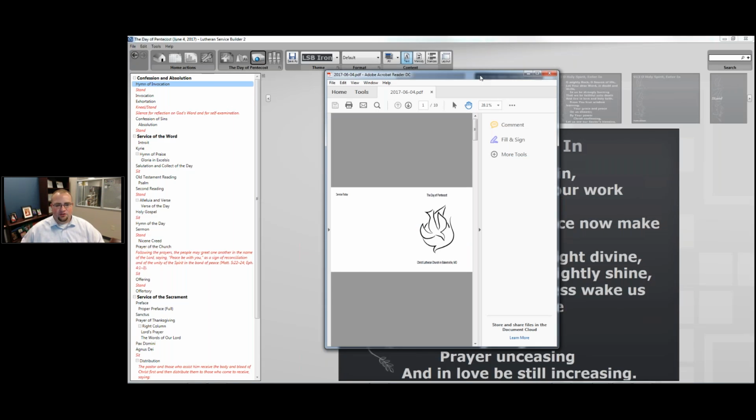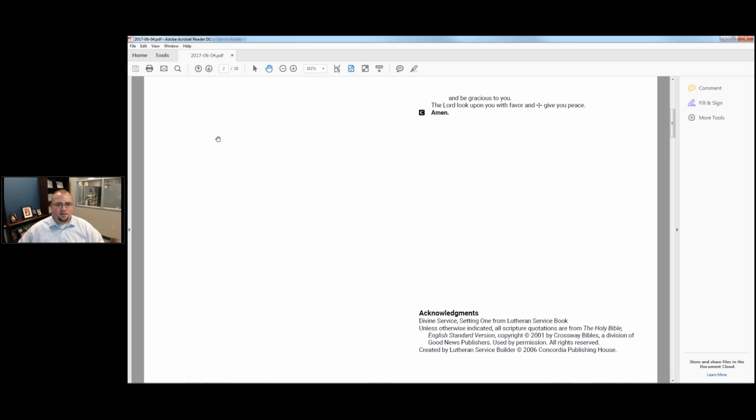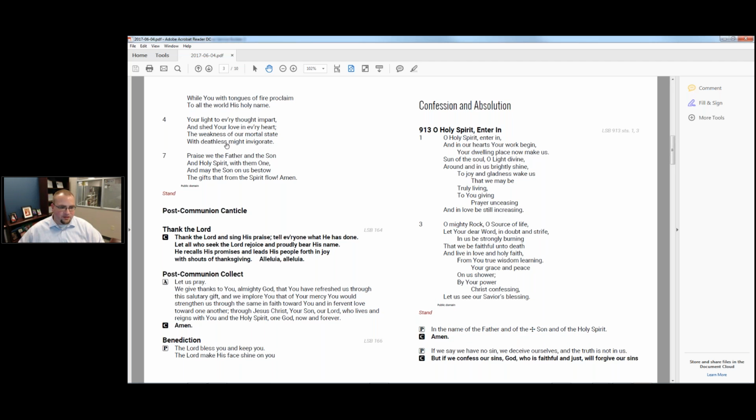Let's go here quickly and show. This is my PDF printout. So here is the outside cover, the back and on the front, that when you fold it becomes a nice booklet. Here is the inside front cover and the inside back cover where our acknowledgments is. Then we have, it's flipped. This is in the back, and then this is your first page. So it's done so you can print it two-sided and then fold it, and everything works out into your nice,